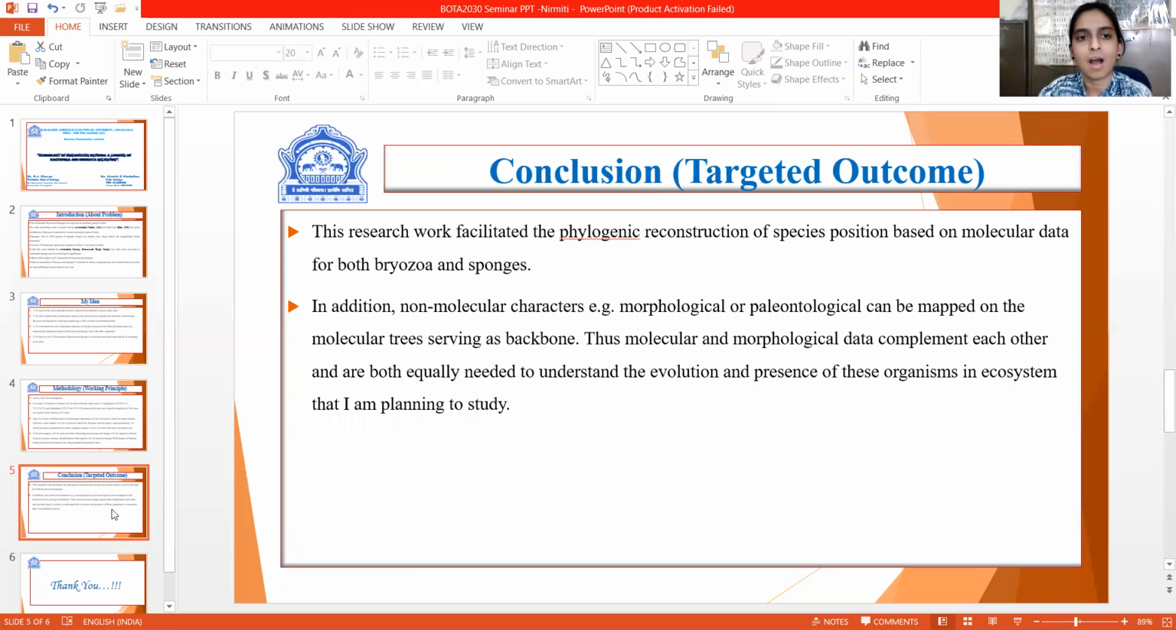So the targeted outcome of my research work is that it will facilitate the phylogenetic reconstruction of species position based on molecular data for both bryozoa as well as sponge. In addition, non-molecular characters, for example morphological or paleontological, can be mapped on the molecular tree serving as a backbone. Thus, molecular and morphological data complement each other and are both equally needed to understand the evolution and presence of